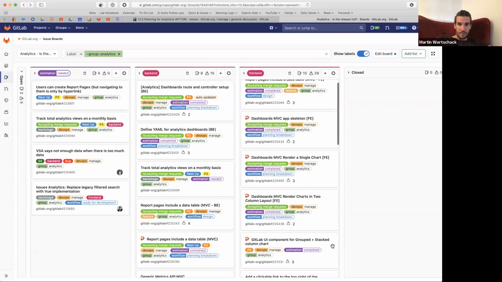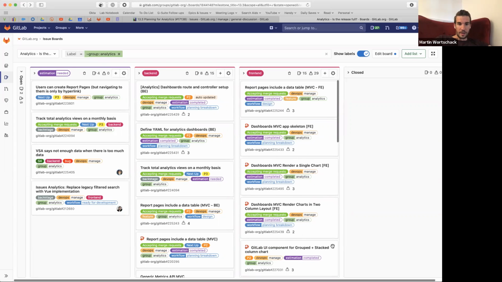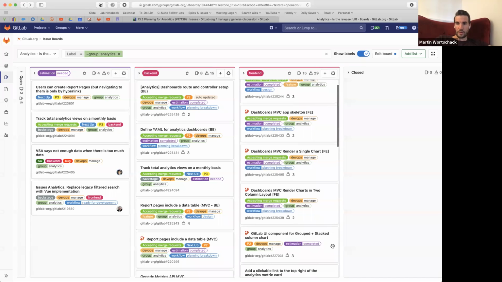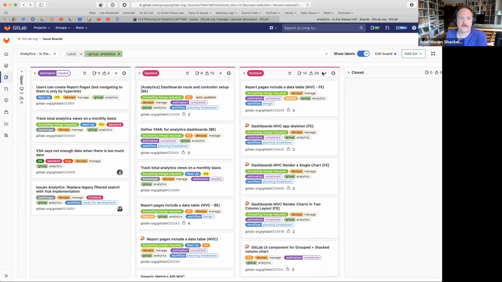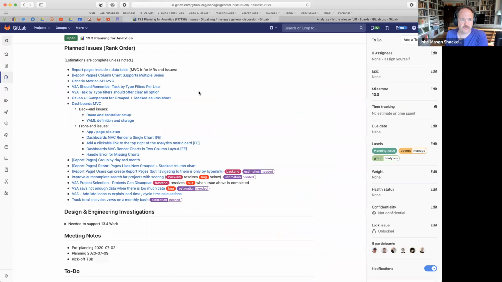So I can take a look. Do you want me to pull in the number of total weight now, or should we do it afterwards, for 13.2, the current milestone? Well, from my perspective, and I'm happy to do this however you would like, we have a pretty clear rank order. And then the only question is, well, what fits and what doesn't fit?